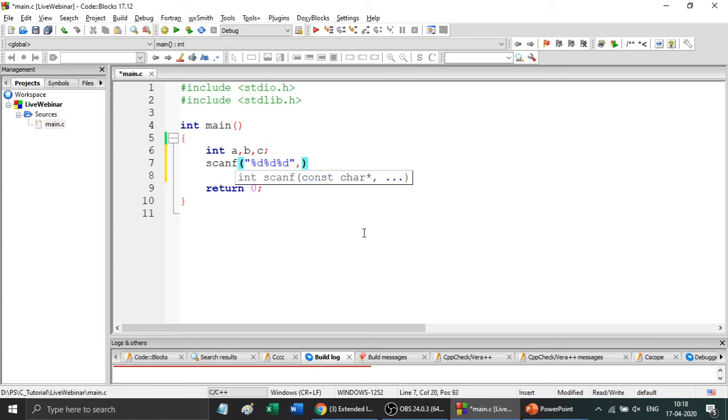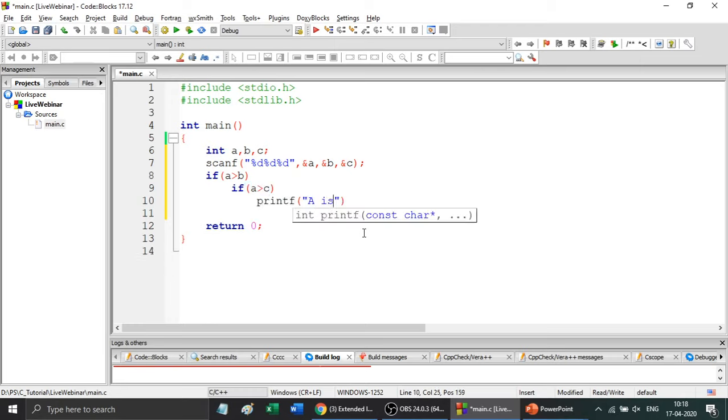Friends, I am not using any printf before this scanf. The reason is, in an online compiler, don't use unwanted printf like enter first number, enter second number, enter third number. It will fail in the compilation. So I am directly using the scanf, and if a greater than b, I am going to check again if a greater than c. If this condition is true, I am printing a is big.